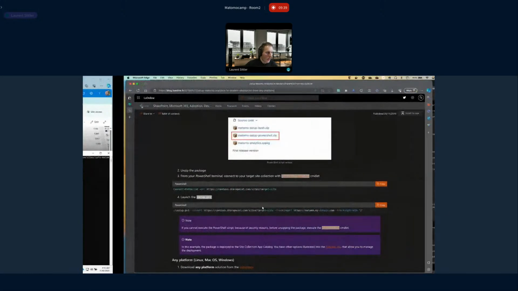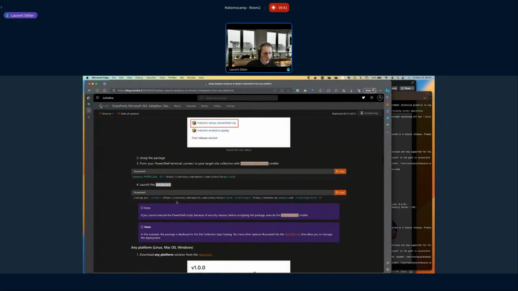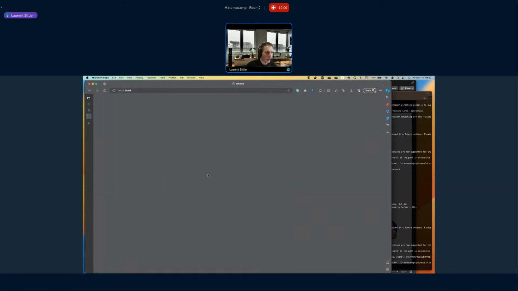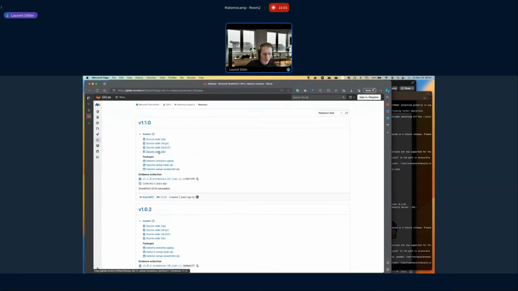So in my blog post, I explain that when you are working on Microsoft Windows and downloading this kind of PowerShell script, for security reasons, before you unzip the package, you have to unblock the files. I already did it on my side, but you have to know, if you go here, you just have to click on the repository.